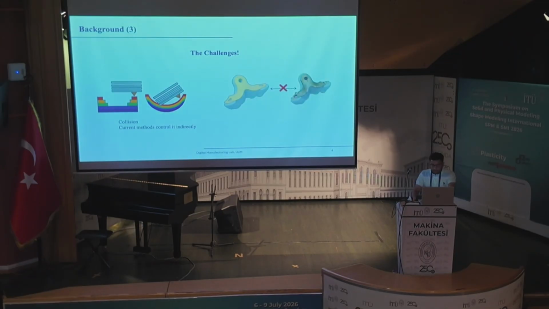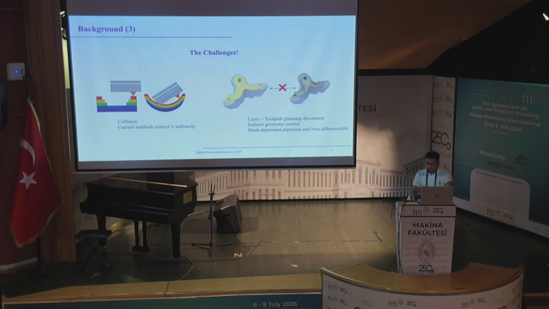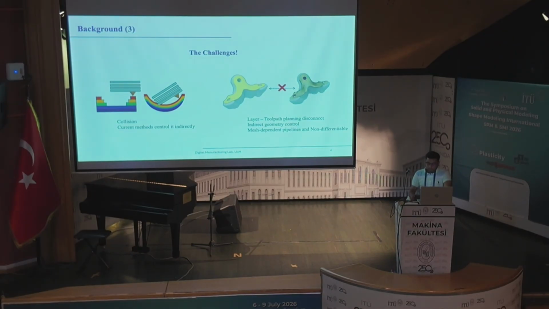Also, we have seen that there is a disconnect between the layer generation and the path generation itself. There are two subsequent different processes, and they are not optimized together. Also, the geometry of the structure itself is indirectly controlled. Let's say the curvature is controlled through the Laplacian, which is not a direct control over the curvature. And most of the processes are mesh dependent, so they depend on the quality of the mesh that we have,